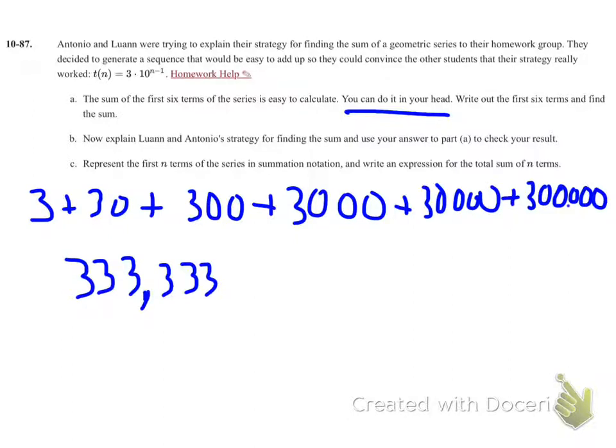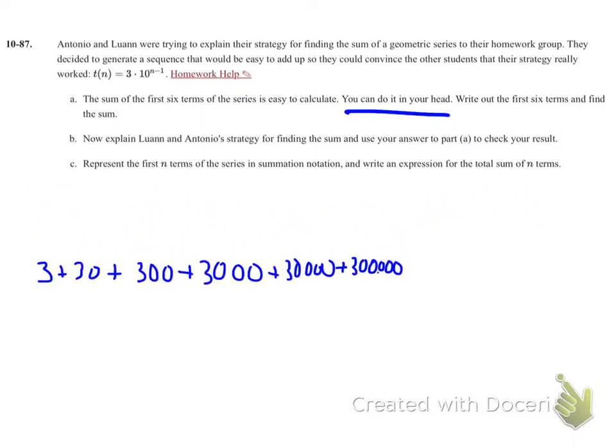Problem B. We want to use this strategy, explain the strategy that these two are using. So the strategy that we have is if we take this series that we just created, and let's call that the sum. And if I take that whole series and I multiply it by its multiplier, so if I take this whole thing and I multiply it by 10,